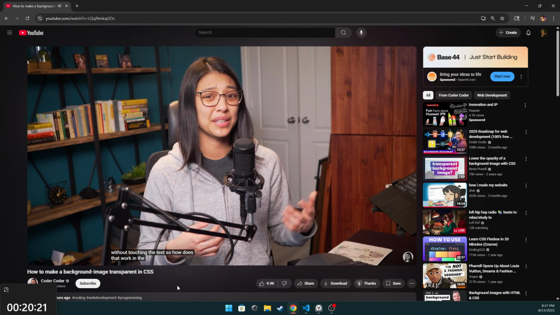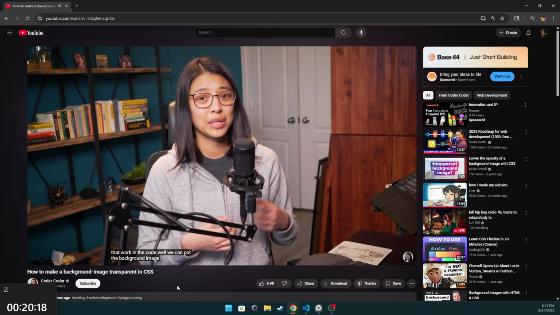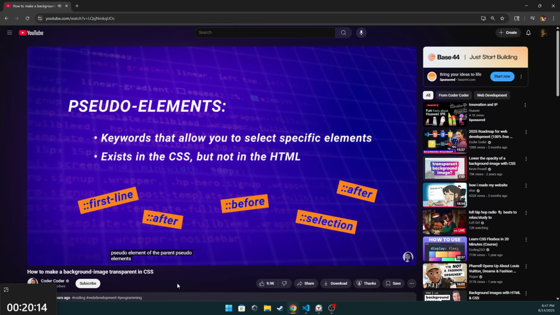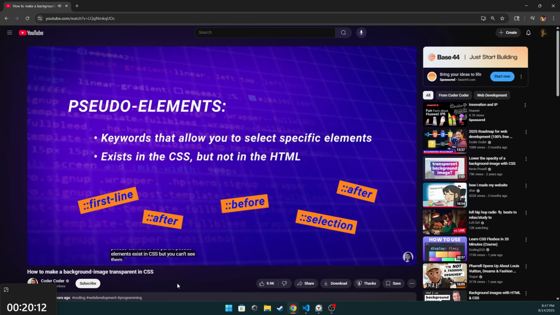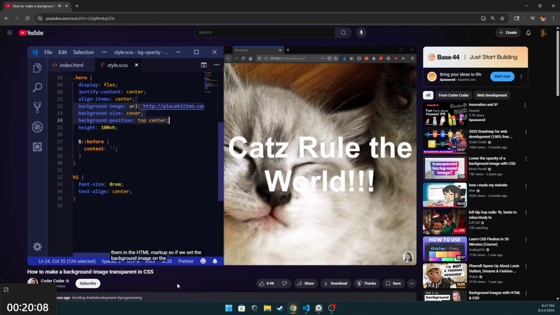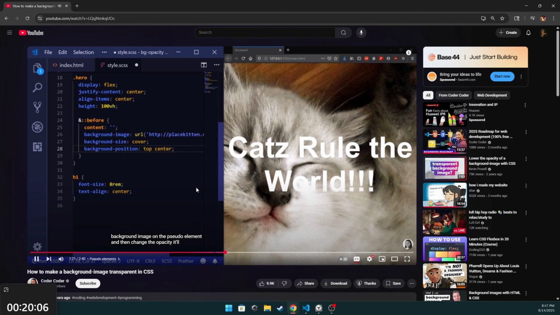So how does that work in the code? Well, we can put the background image into what we call a pseudo element of the parent. Pseudo elements exist in CSS, but you can't see them in the HTML markup. So if we set the background image on the pseudo element and then change the opacity, it'll